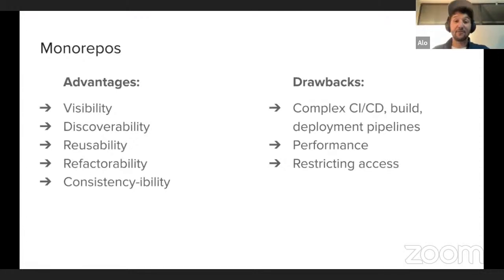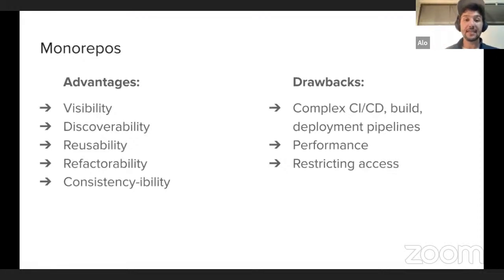Monorepos, like any type of architecture, have advantages and drawbacks. I'm going to skim over that because some of the points are arguable, and you'll find tons of really good resources out there about where it's good to use it and where it's not. But the main advantage is that because you have all that code together, you've got really good visibility. As front-end developers, how many times have you tried to hit an API and got a silly answer from it that you just cannot debug? Well, if you have access to the code, you can peek into it and have a look. So it's really good for visibility,